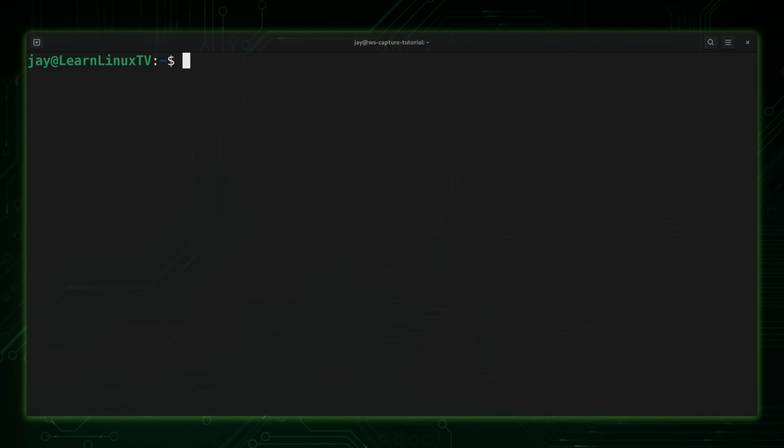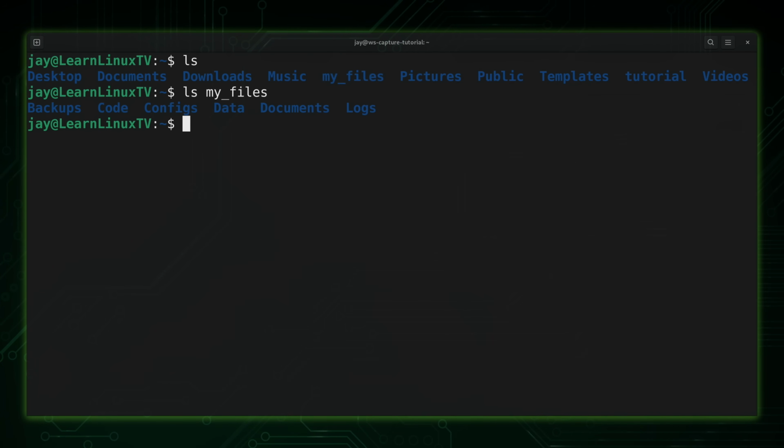In addition, you'll also need a source and destination for your backups. The source directory is the one that contains the data that you actually want to back up, and the destination directory is where you want your backups to be sent to. On my end, if I list the storage of my current working directory, you'll see that I have a directory called My Files. That directory contains a number of sample files, as you can see right here. And if I go inside that directory,